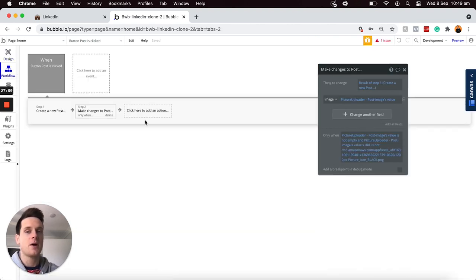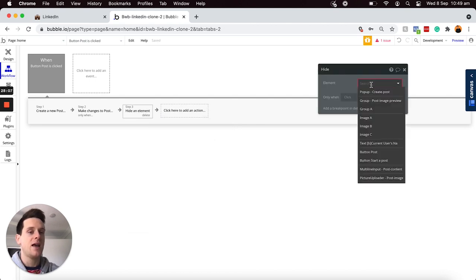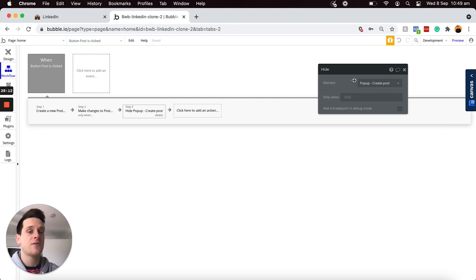So I can open up our workflow editor. In this case, I'm going to select from our element actions, and I'll need to choose to hide an element. The element I'd like to hide is the pop-up create post. And of course, because I'm hiding that element, I'm also going to need to create a workflow to display that